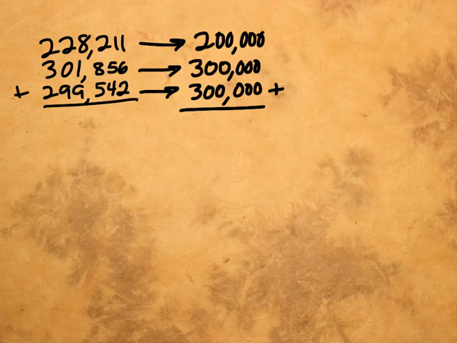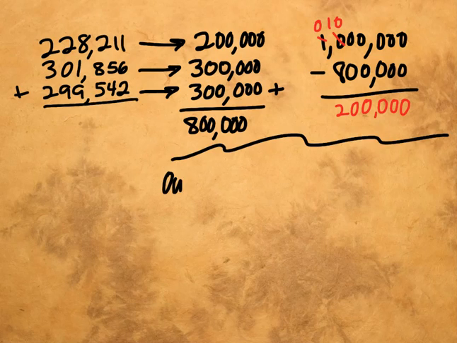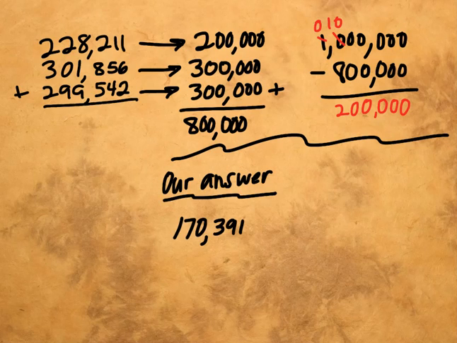So I'm going to take my rounded numbers. I'm going to find their sum, and then I'm going to subtract that estimate from the million goal. And I end up with 200,000. Don't know where the 2 went. Oh, there it is. So I have an estimate of 200,000 as the difference between those two. So our answer was